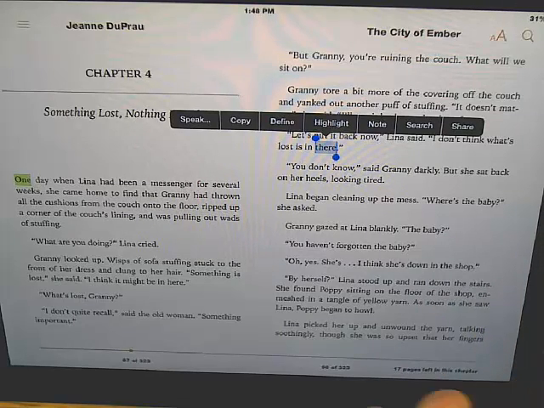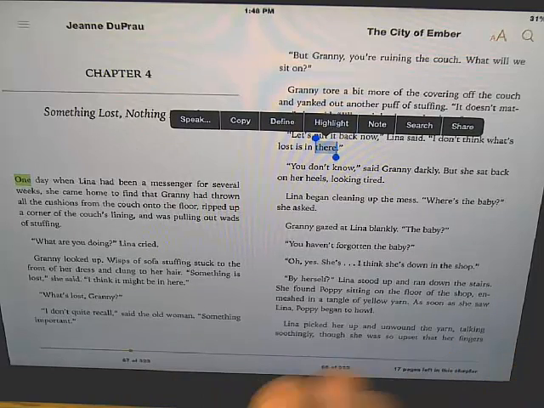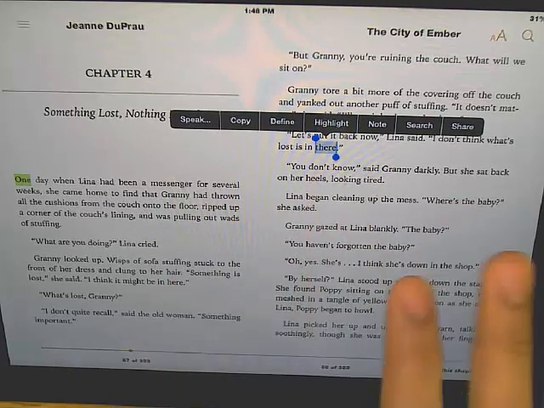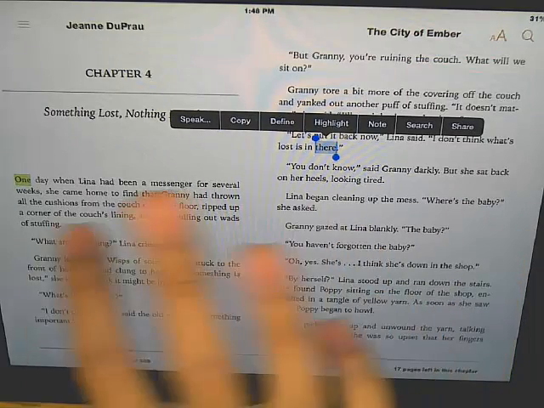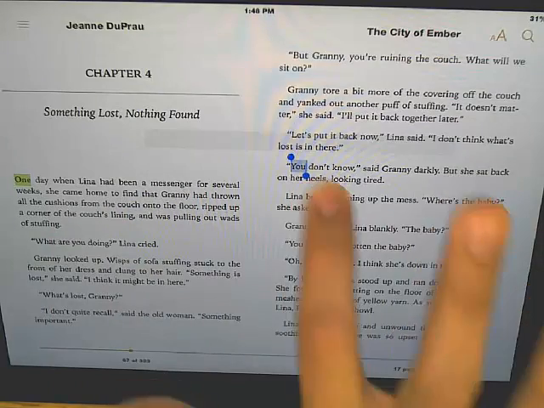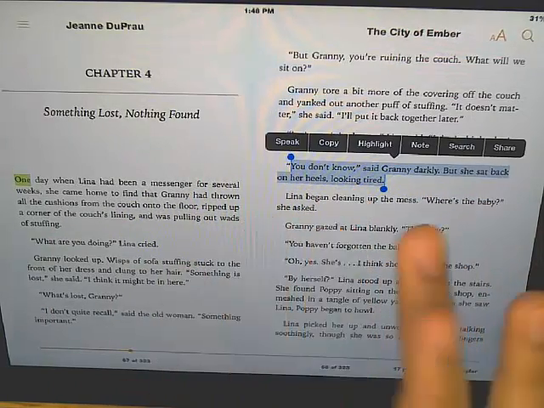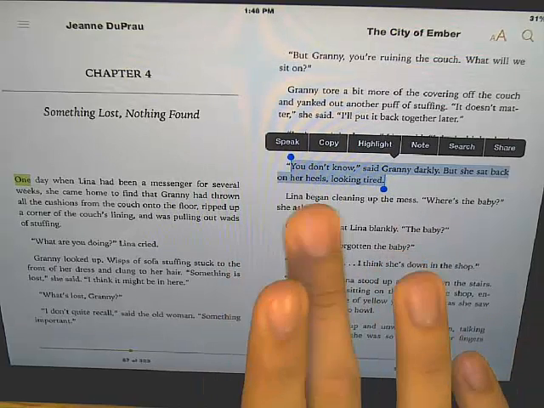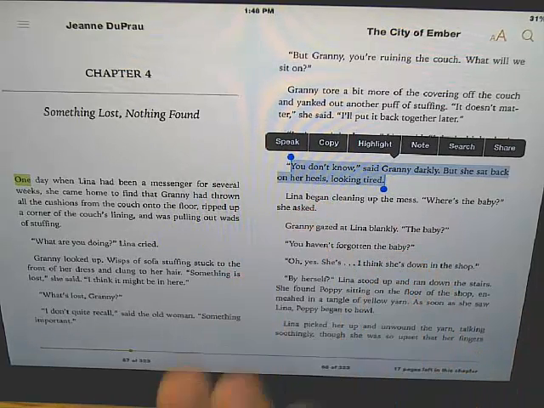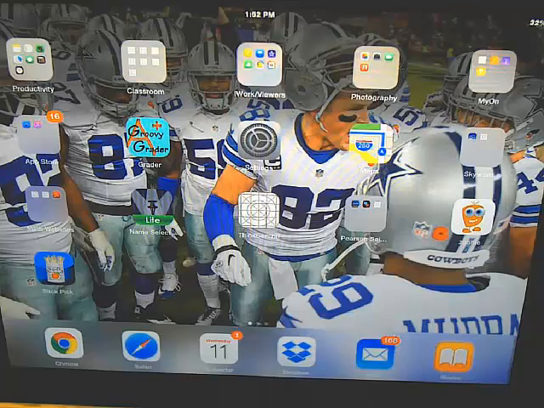So if I want to take a break, if I want to read something else, or I just wanted to read maybe 2 paragraphs and I don't want to read any more, or that's what you assign, then you can just go ahead and double tap. Remember, if you want to select anything on iBooks, you double tap, and then you can select something else. Or you can press pause, or you can press speak again if that's what you wanted. What I'm going to continue showing you is the speak selection as far as reading what's on the screen.